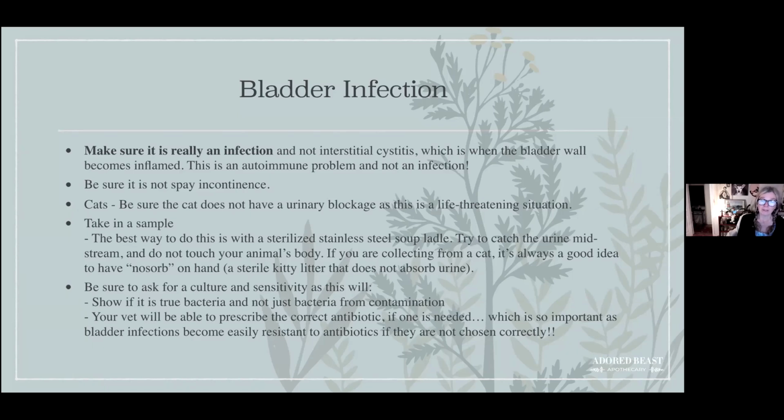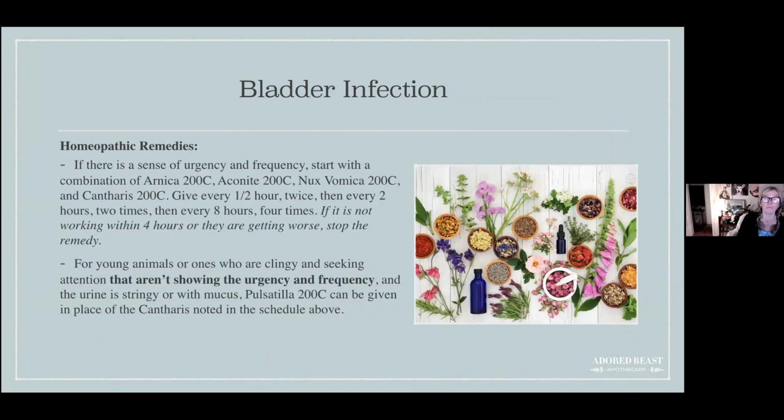So that won't happen if the correct antibiotics are chosen right from the very beginning. So, homeopathic remedies for bladder infections. If there's a sense of urgency and frequency, so they're asking to go out a lot, or they're even peeing in the house because they can't make it out, or you just let them out and they pee once and then they get up and they walk again and they pee again, that's a very clear sign of a bladder infection. Always get it checked out, especially if you have an older dog, to be sure that it's not a